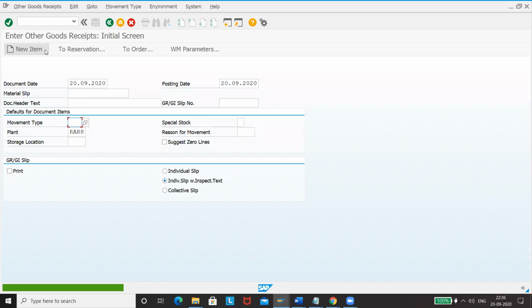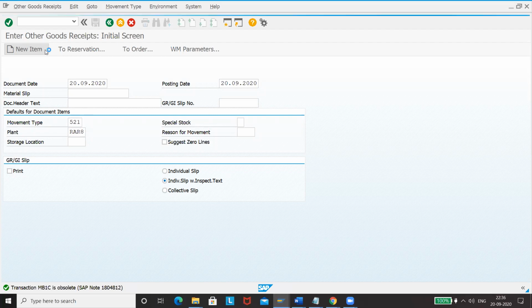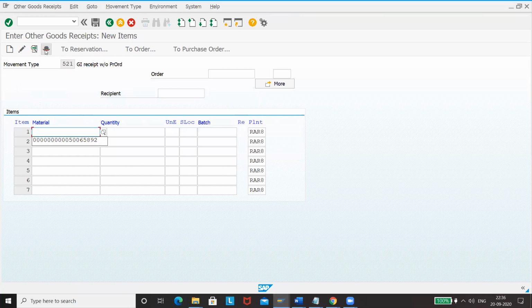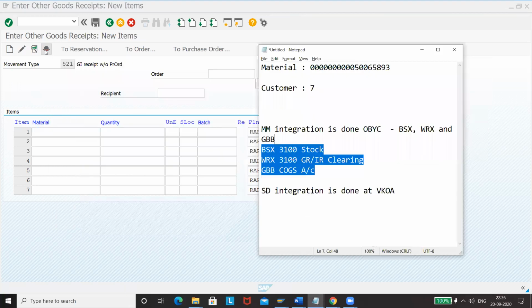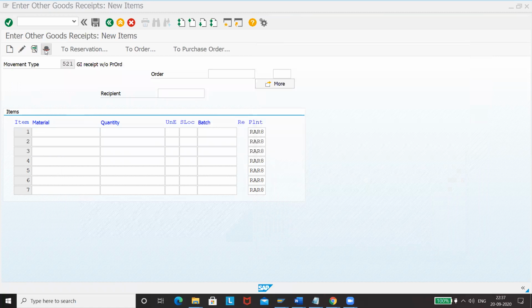yeah, here you have to give movement type 521 because we are directly taking it. And plant is certain. Correct. Enter. What material do we need? We have taken this material here. Please give this material. Take material as 10.